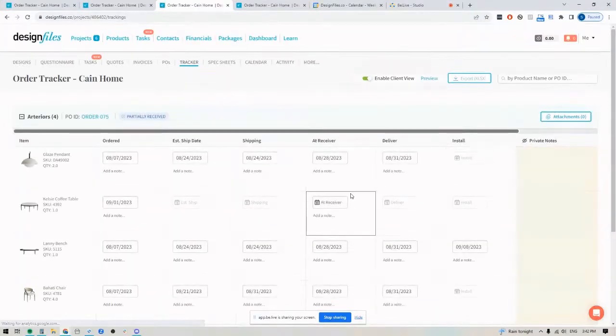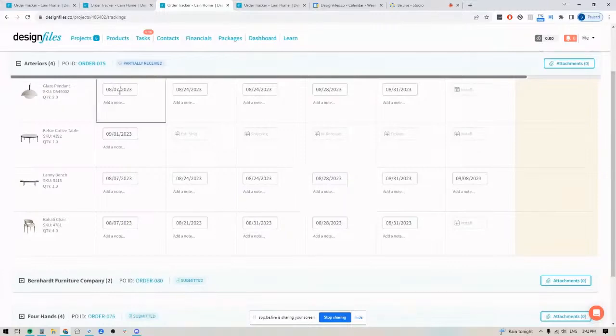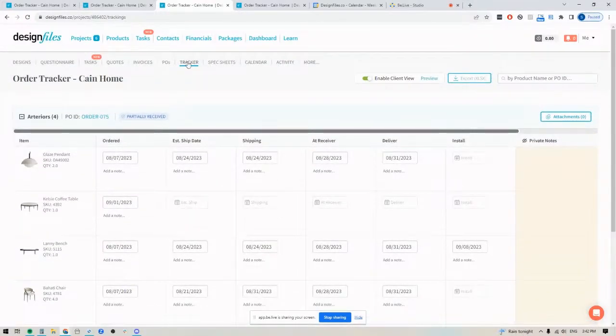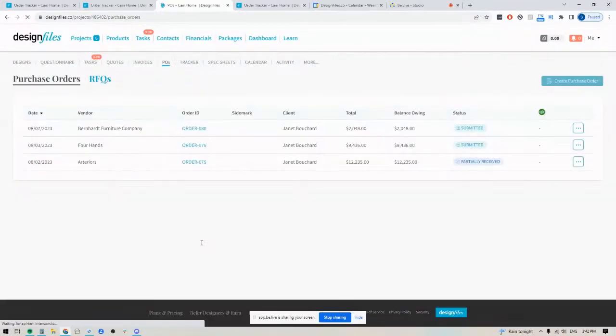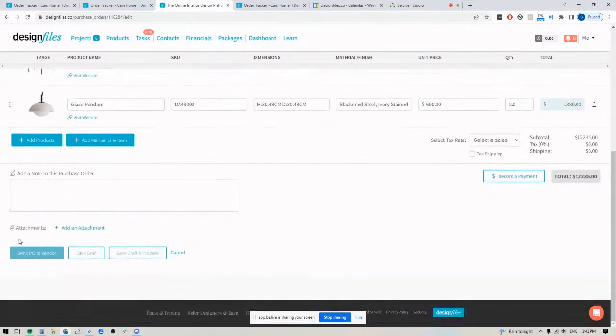Love that. Let me just ask you one other thing. When you trigger the purchase order, will it fill in the date as that's when you ordered it? Or do you have to go in and fill in that date? You would have to go in and fill this date because technically when you are placing the purchase order, you're sending it directly out to the vendor. Let's go into one of these purchase orders. Down here, you're submitting the order to the vendor, but because I like being extra safe,